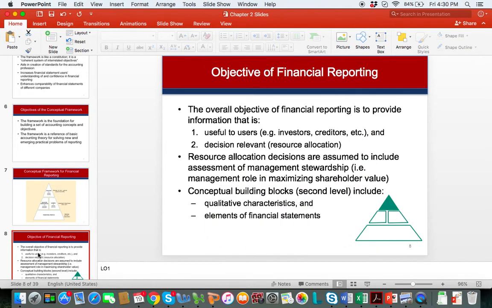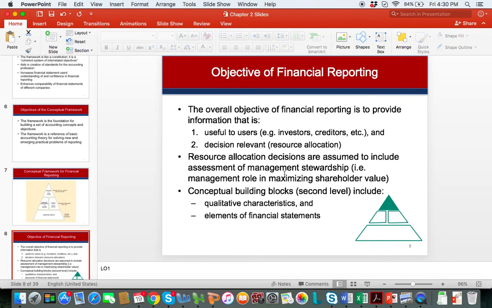So the overall objective of financial information is to provide information that is useful to its users. So investors, creditors, etc. And a word that we've used a bit is decision relevant, so resource allocation. We mentioned the word decision a lot in Chapter 1, and it's basically that you can make decisions based on this information. And you can just see here again, resource allocation decisions are assumed to include assessment of management